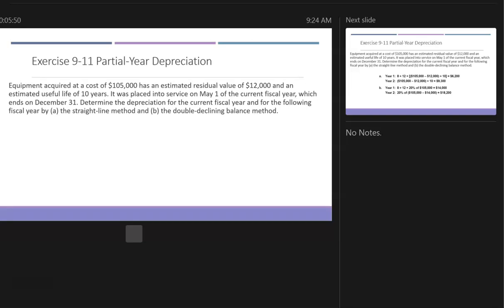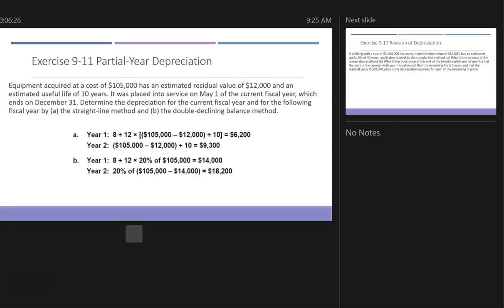Guys, I know this sounds really silly. I count on my fingers because people get it confused. You will think September 1st. Oh, 2 months or 3 months. No, count September, October, November, December. Count them. Okay? When you say May 1st, that is how many months? 8. I mean, you shouldn't have to count on your fingers, but I'm trying to explain to you that make sure you're right, okay? So, in this scenario,